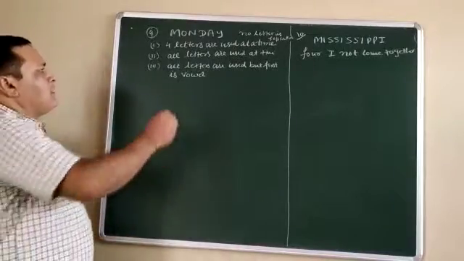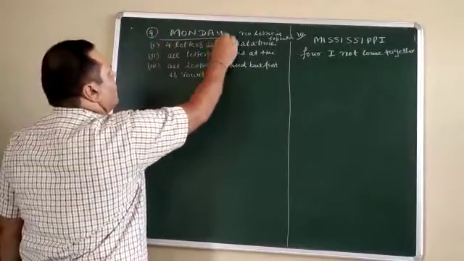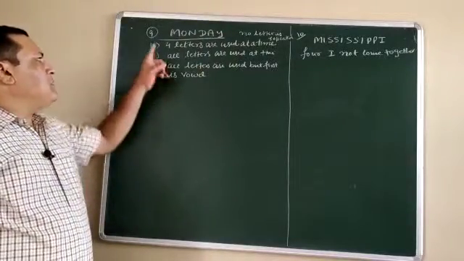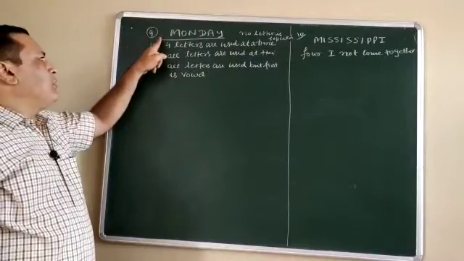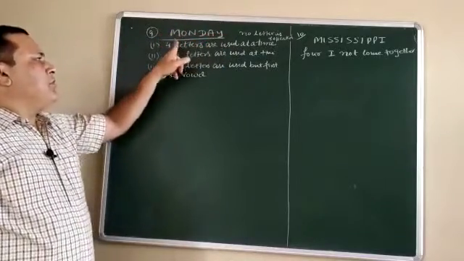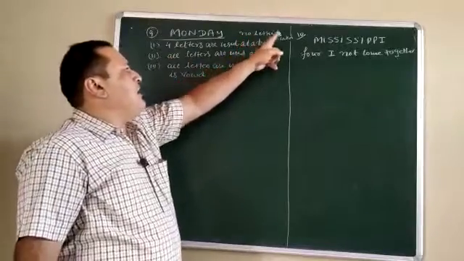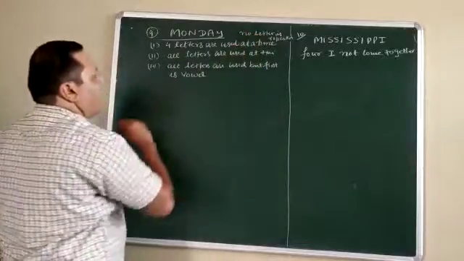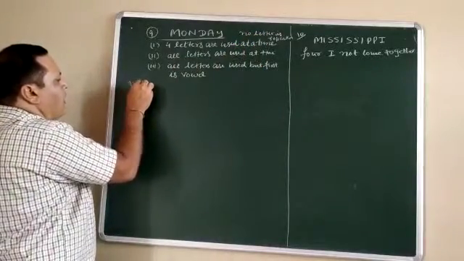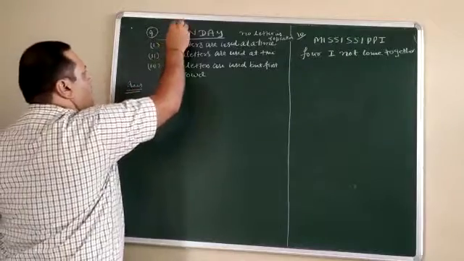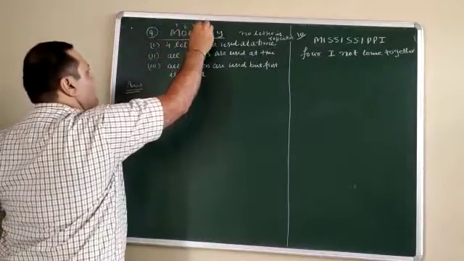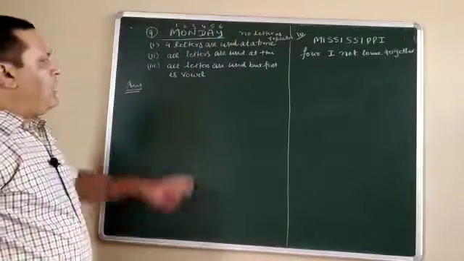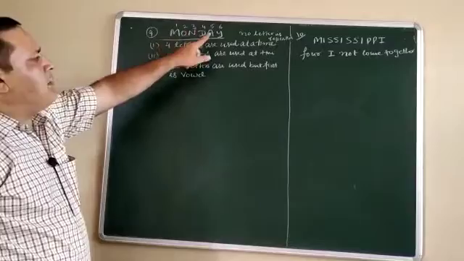Now see, the word given to you is Monday, and he asks how many words can be formed using the letters of the word Monday in which no letter is repeated. So first part is no letter is repeated. First of all, we calculate how many alphabets there are: 1, 2, 3, 4, 5 and 6. There are 6 alphabets and all the 6 alphabets are different.